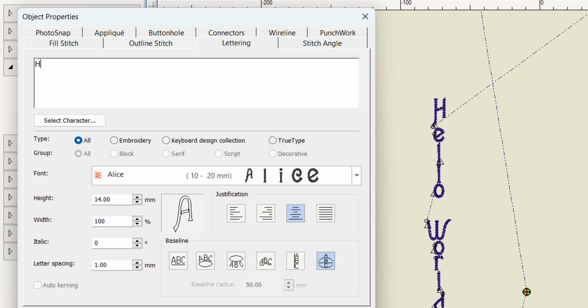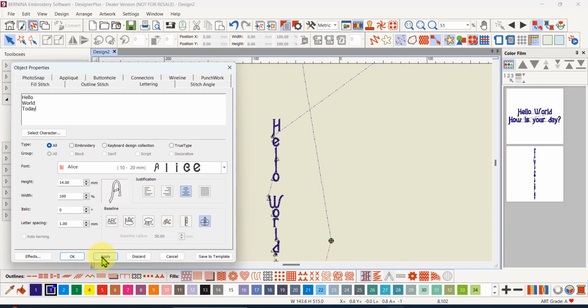So we're going to go hello. We're going to hit our enter or return button to go to the second line and put world, and hit our enter button again to get to the third line. And we've got 3 words there, so we can apply and click on our workspace, and we can make our